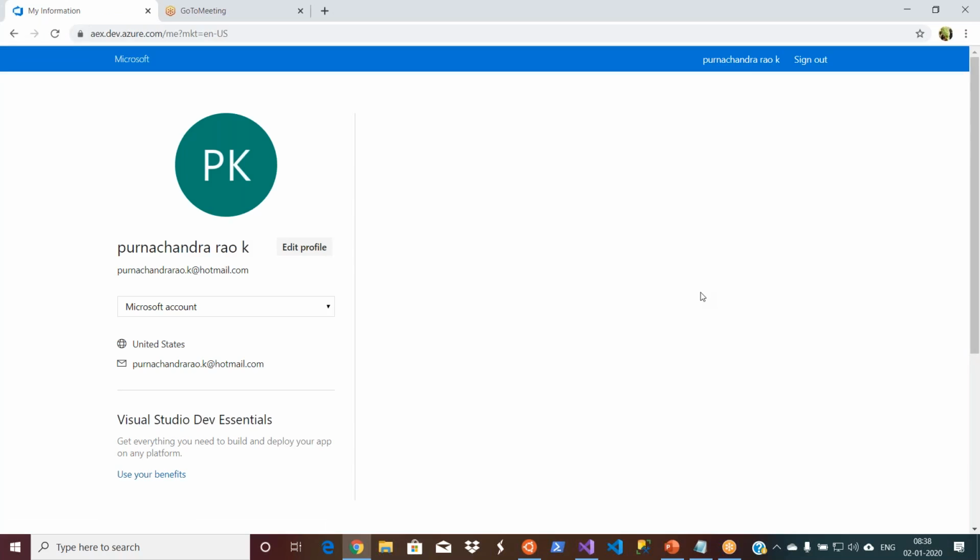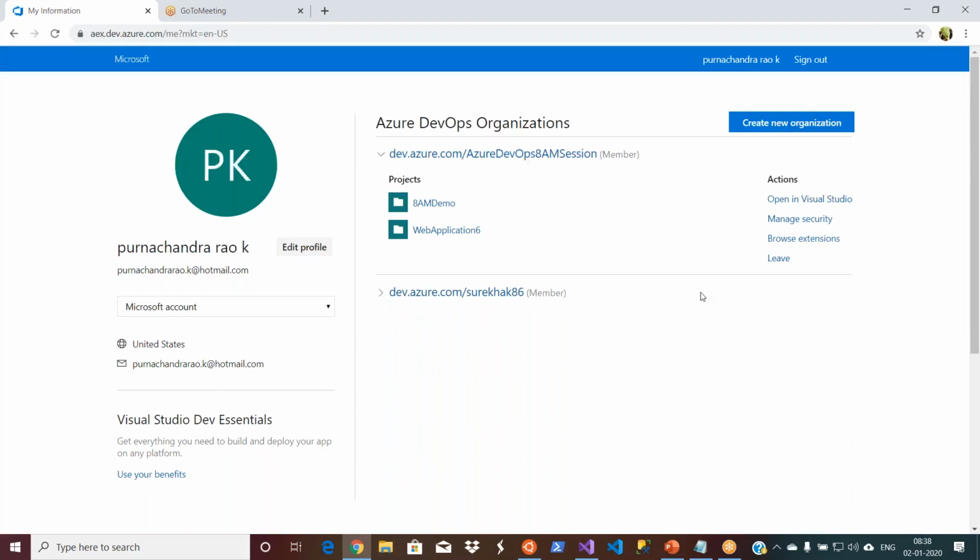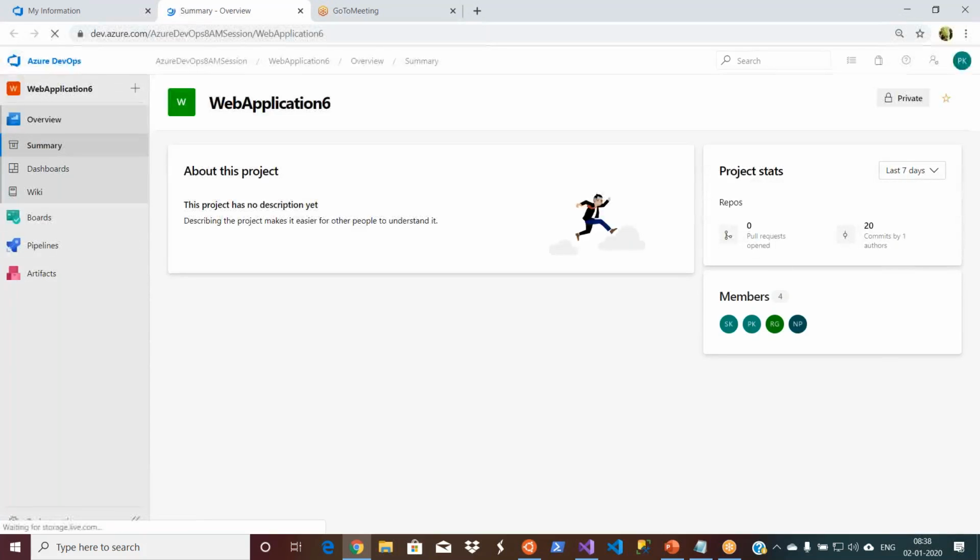So the difference between pull and fetch is when you click on pull, right, it will pull all the code from the remote repository that is on the server to your local repository, which is on your laptop. It will update actually. But sometimes you may not want to directly pull the code and overwrite your local code actually. You may want to see what all the changes are that have been made by different developers and that are available on the remote repository. So that means you verify and then you pull the code rather than pulling the code without verifying. So for that purpose, you can use